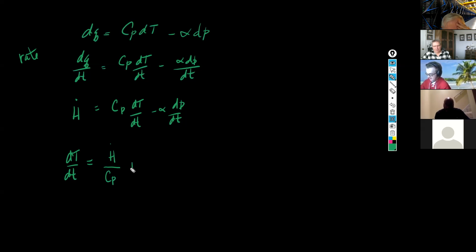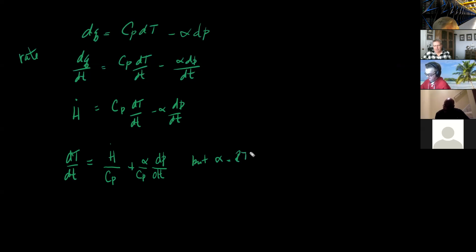Minus alpha. Oh. Okay. What else do I need? You need to divide it by Cp. But alpha equals RT over P. Right? So I'm going to plug that into here. And what do I get? dT/dt